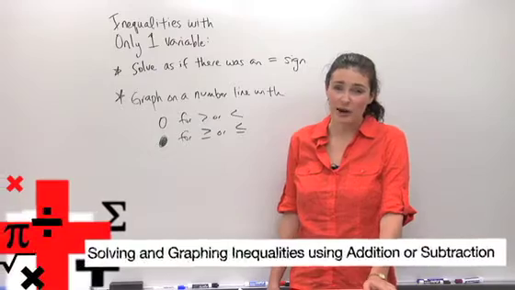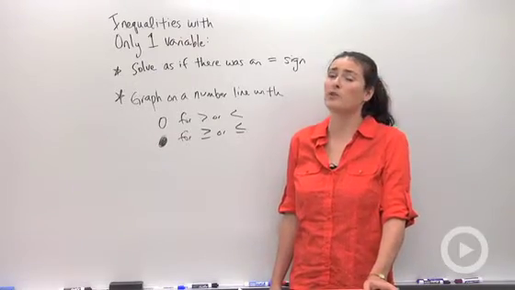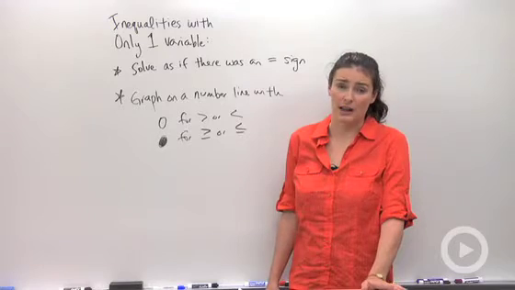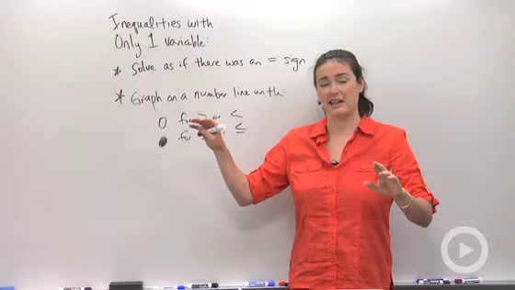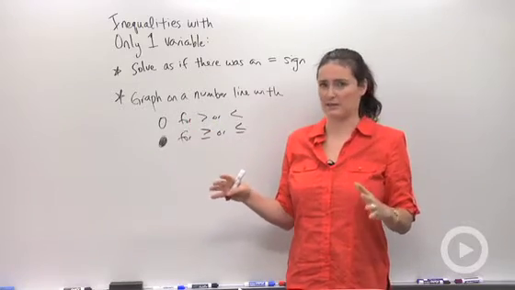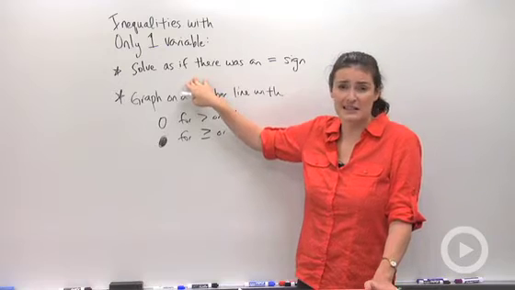There's a few things you want to remember when you're asked to solve and graph inequalities with only one variable, meaning one letter. It might show up more than one time in the inequality statement, but there's only one letter. That's the difference here. Okay, first thing to keep in mind is that you're going to solve it as if there was an equal